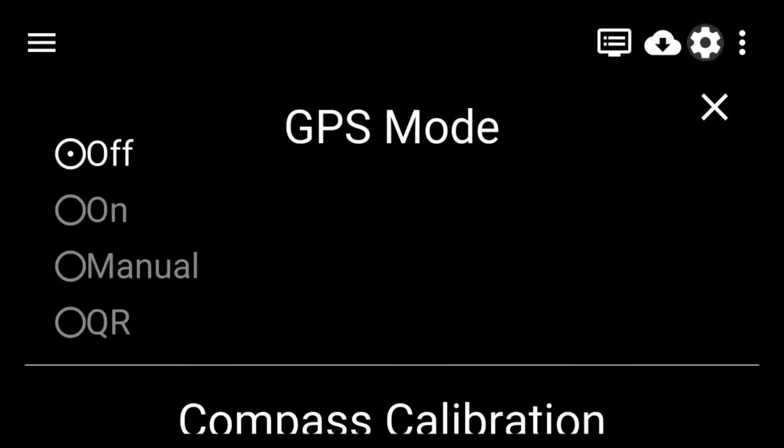And right at the top are all of our positioning options under GPS mode. So the default is off, and that just sets you in the middle of your data at the highest altitude. So not really useful except for looking at your data and making sure that things are actually showing up, but they don't put you in any reasonable spot.